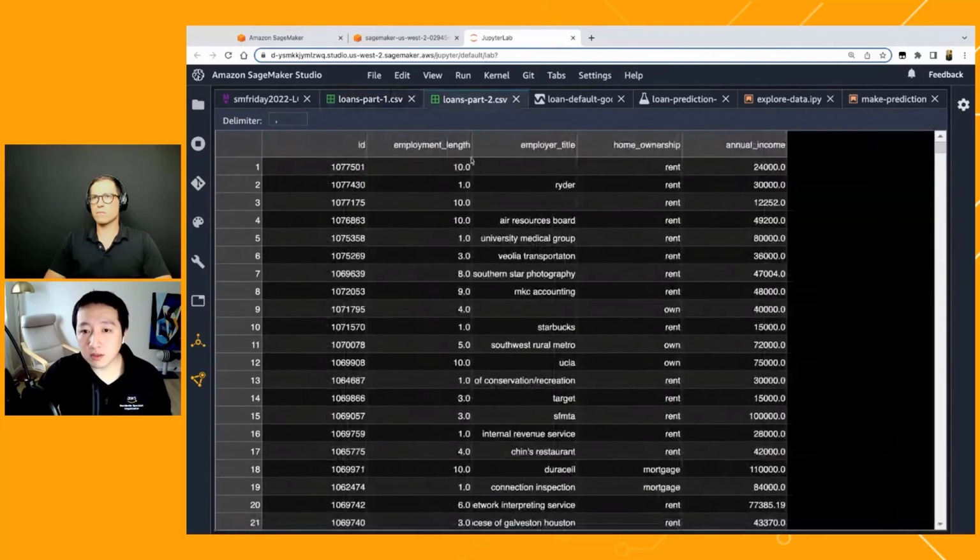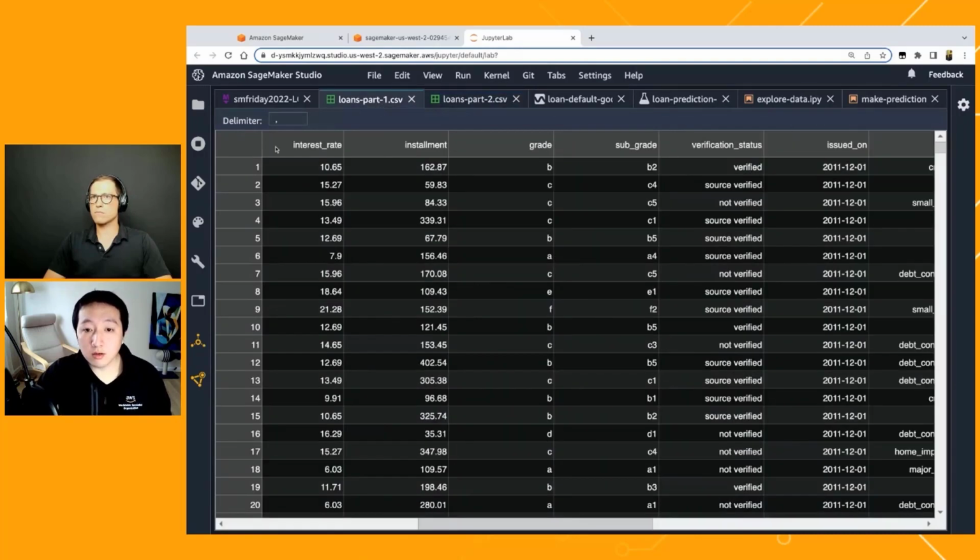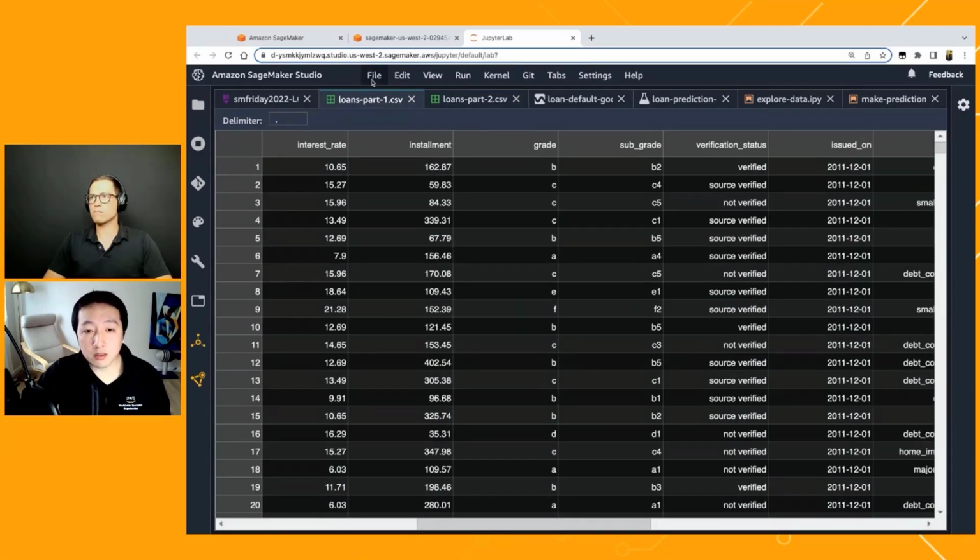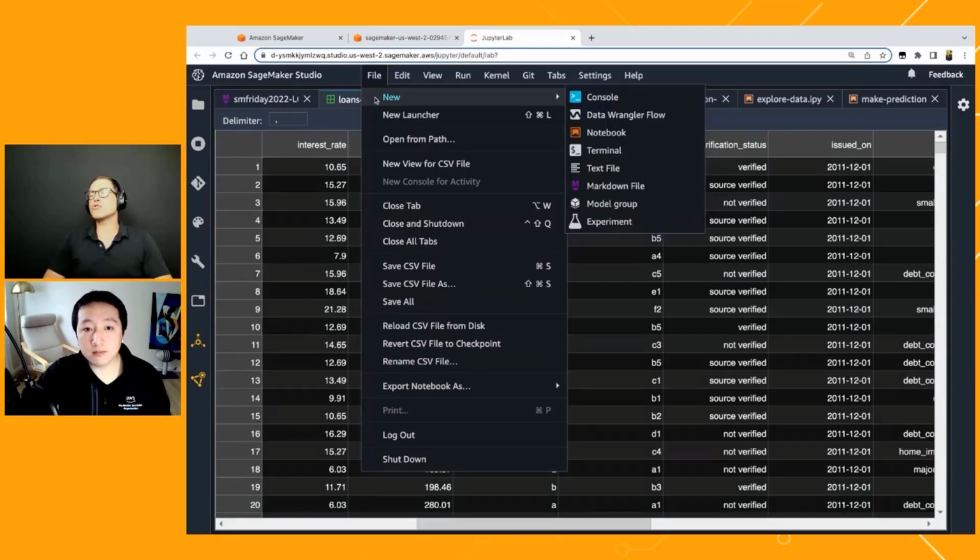And also, there's another spreadsheet that captures the annual income of each of the customers and their home ownership status, right? So this is the structured data set that we are talking about, tabular data sets. And if you recall, in the tool sets, Data Wrangler is actually a very good no-code, low-code solution to handle this structured data. So let me bring up the Data Wrangler file. So in SageMaker, what is it that you usually do when you see this data set? What would you like to do, and how, for example, can Data Wrangler help you do that?